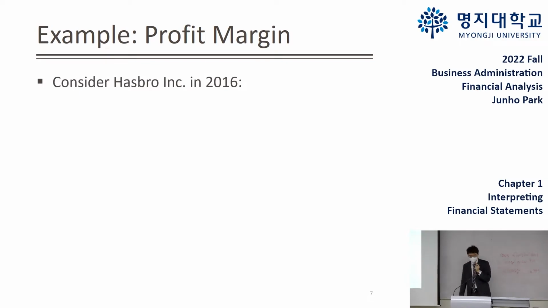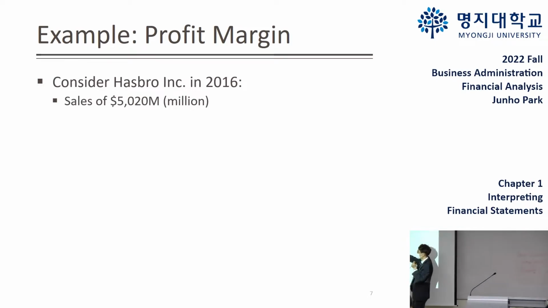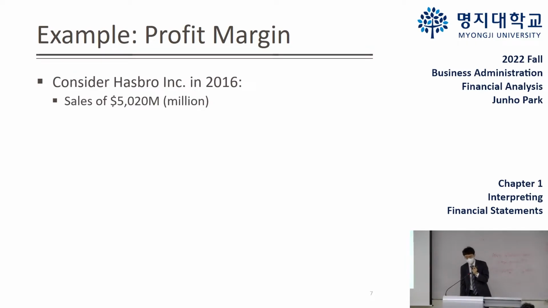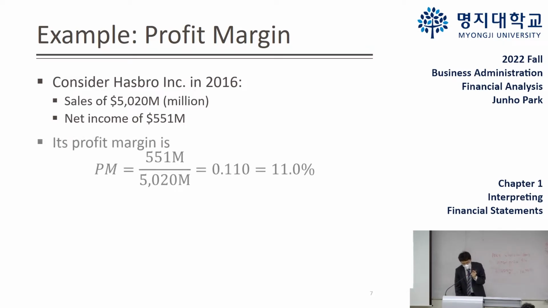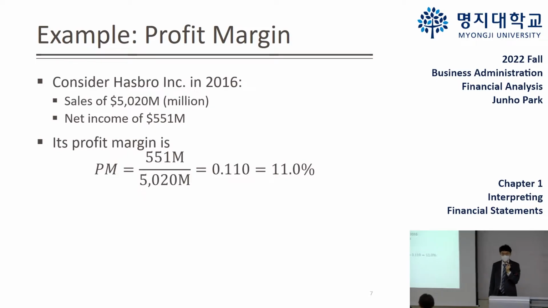So let me give you a simple example. According to the textbook, in 2016, Hasbro had sales of $5,020 million. So M stands for million. I'm just going to skip it because every number has million here. So I'm just going to call it 5020, and net income of 551. And then very simply, profit margin is 551 divided by 5,020. So you get